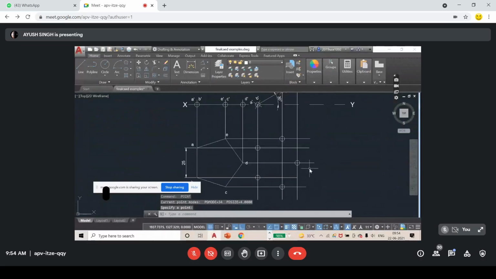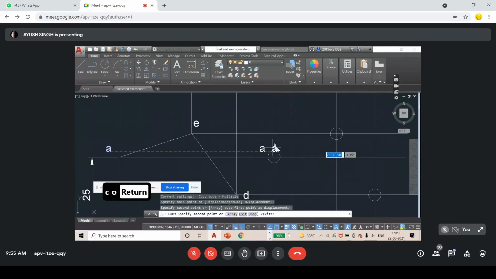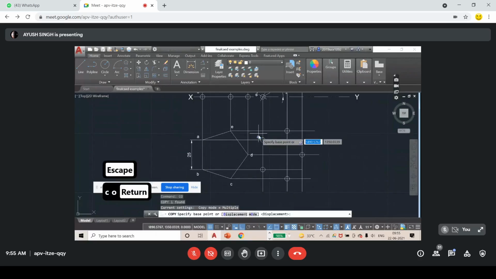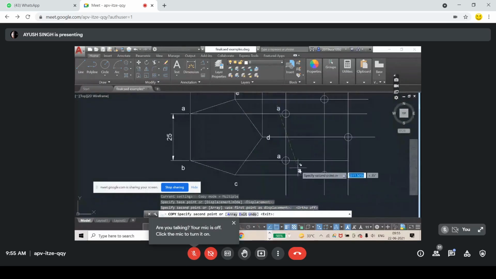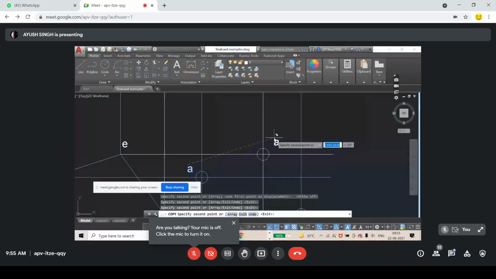Now nothing you have to do. You have to just join these. And first, before joining, just name them so that you won't get confused. So this is in the top view, so I will not be using dash. I'm going to copy this and place it here. This was my A point. Now I'm going to copy it. I'm turning off ortho. This is B. This is C. This is D. And this is E point.